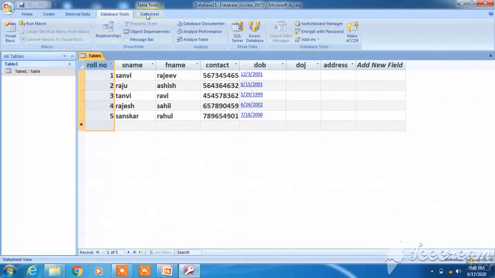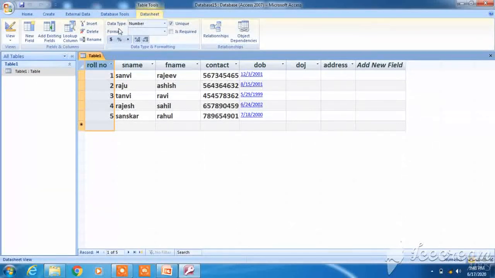From data sheet view you can select the data type, and from here you can select the type of data. It's a number, so I'm not changing it. Contact, we can add any other data type. For address, which data type will we select? This way we can change the data type.